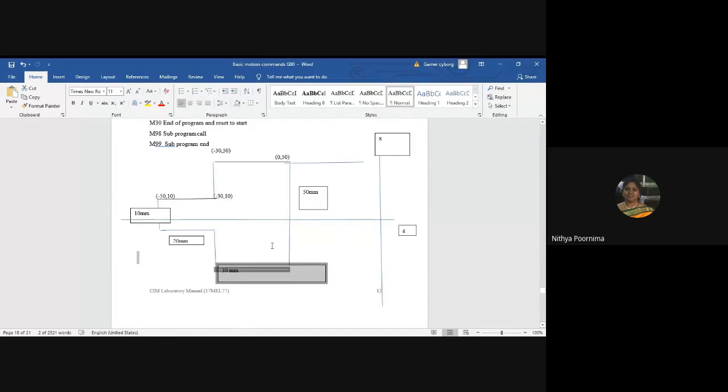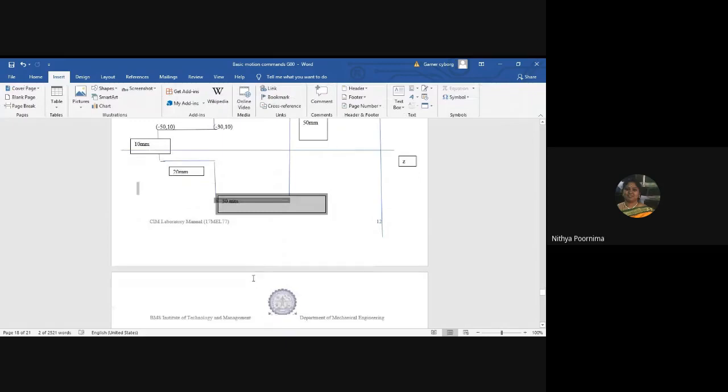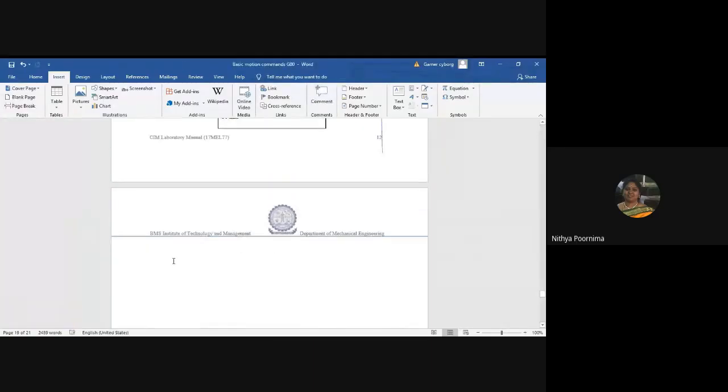I'm going to give the initial block commands. With those block commands, you're going to write first without the canned cycle, then you write with the canned cycle. We will discuss that in the next class. But what is the general structure for writing the program? First we will give block numbers.